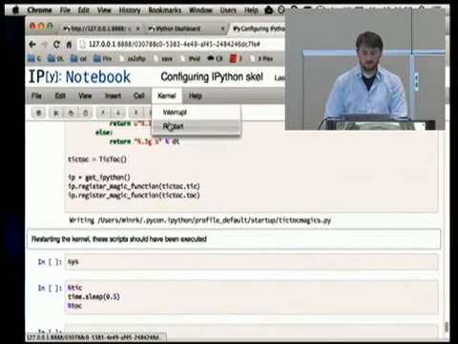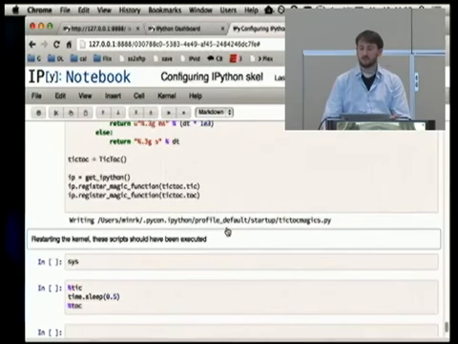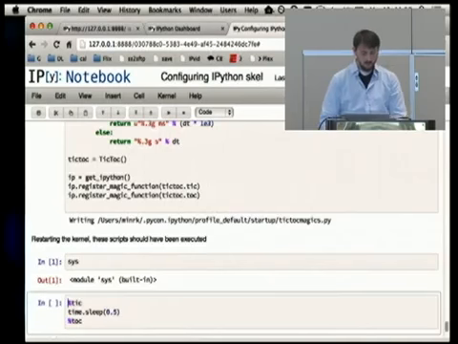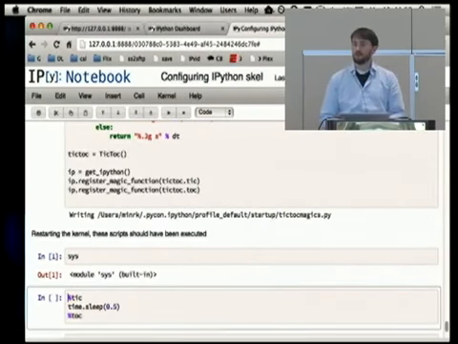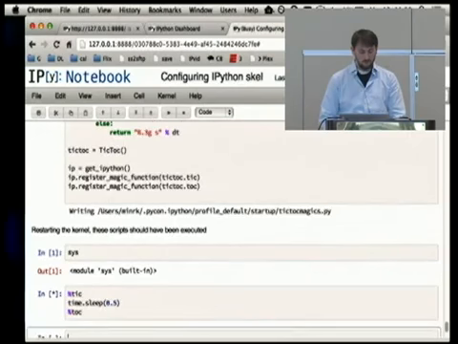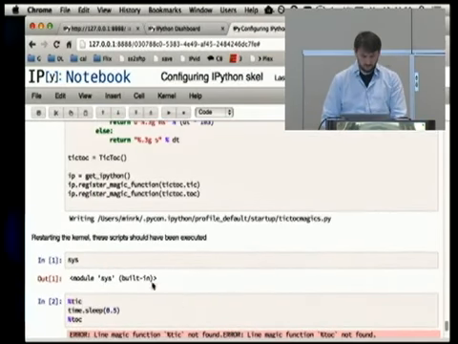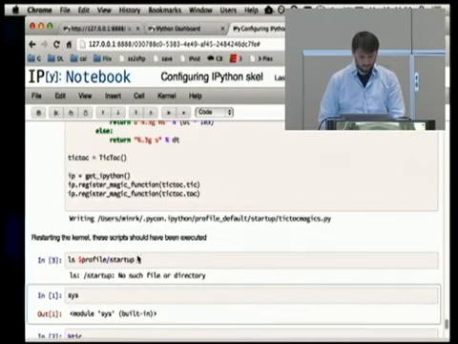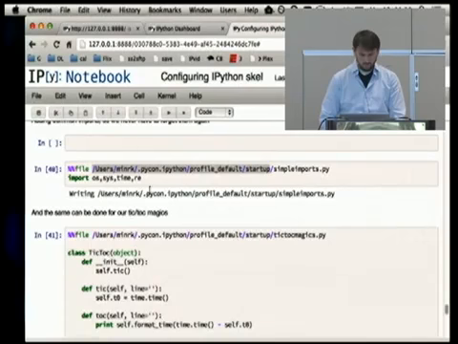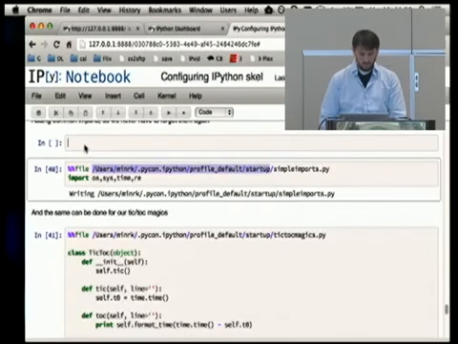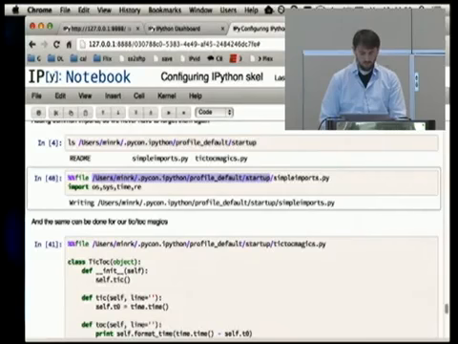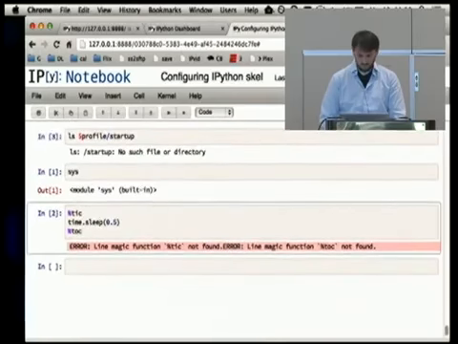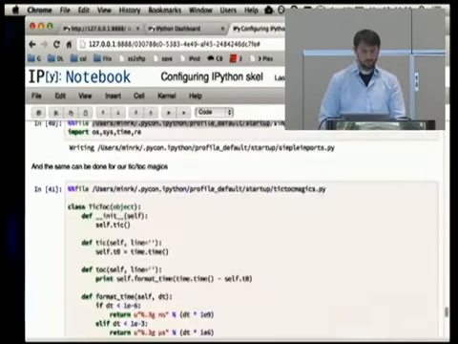So now if I restart the kernel, normally I would lose those magics and lose all my imports because I just started a fresh IPython kernel. But now I have sys imported because it ran that import script, and I also have tick not found. Oh, profiles not defined. Well, I did the magics registration wrong, but